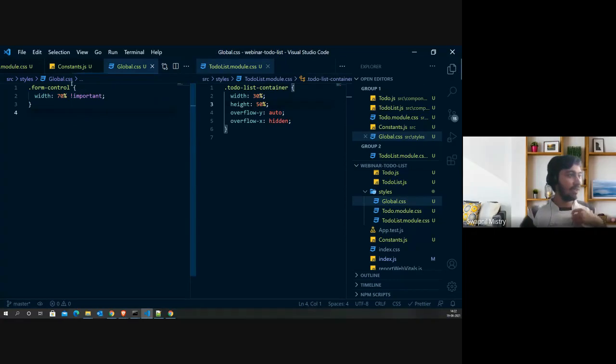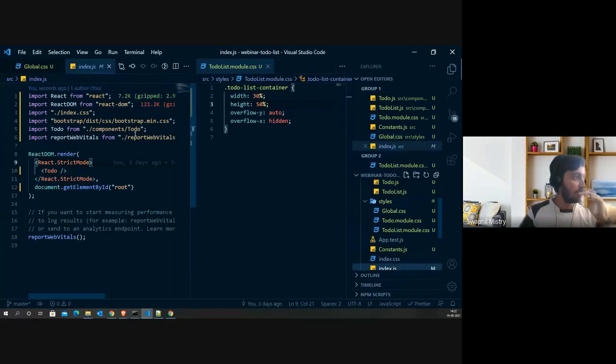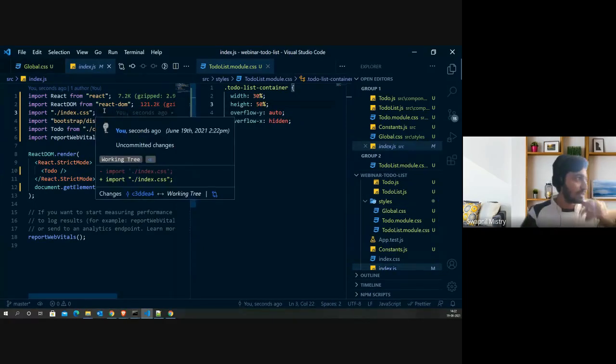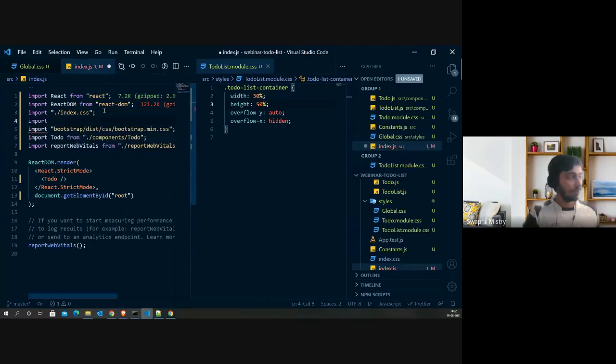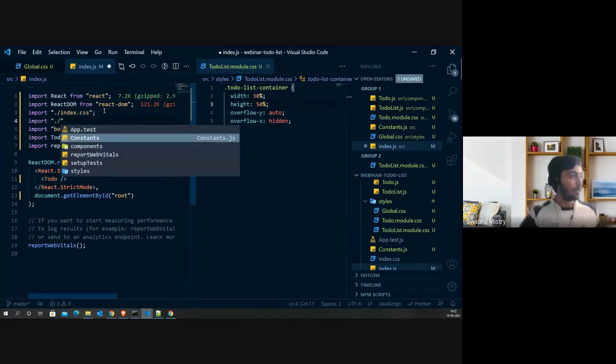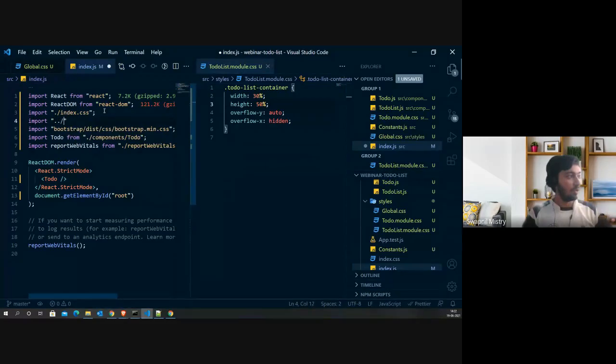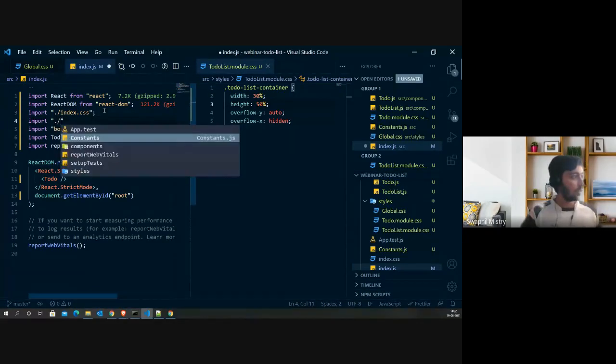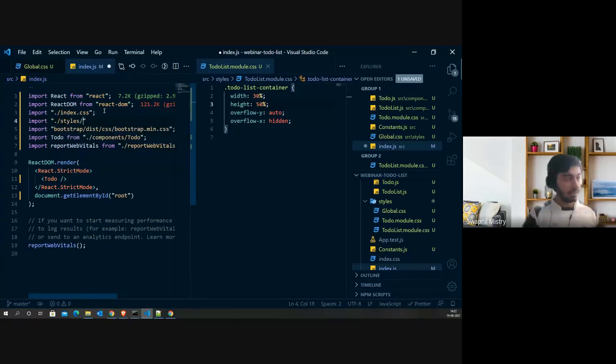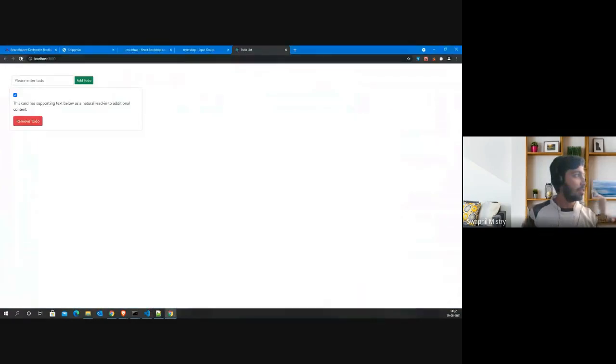Okay, I will save it, and also I will import it in my index.js file because I still haven't imported global.css. So I'll come over here and import it, which is nothing but dot slash, it's in styles, and inside styles we will update the global.css. Okay, so this should do it for us. Just save it, reload it and see, so we are getting the right behavior as of now. Okay, so now this is what we will be doing.